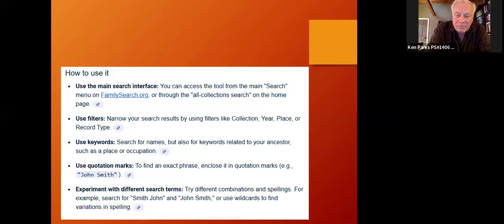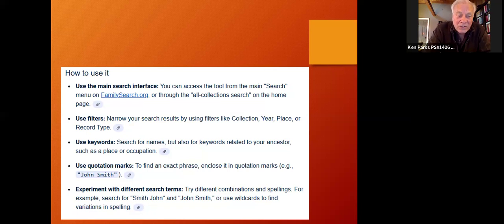using filters, much like you do any other time, any other kind of search function. And obviously the same kinds of things using quotation marks. And that's very important with AI, an AI search, because it's looking for every word in a document. If you want to search for a certain person, such as John Smith, you want to put quotations around it because otherwise AI is going to bring every instance of John and every instance of Smith in that document, in